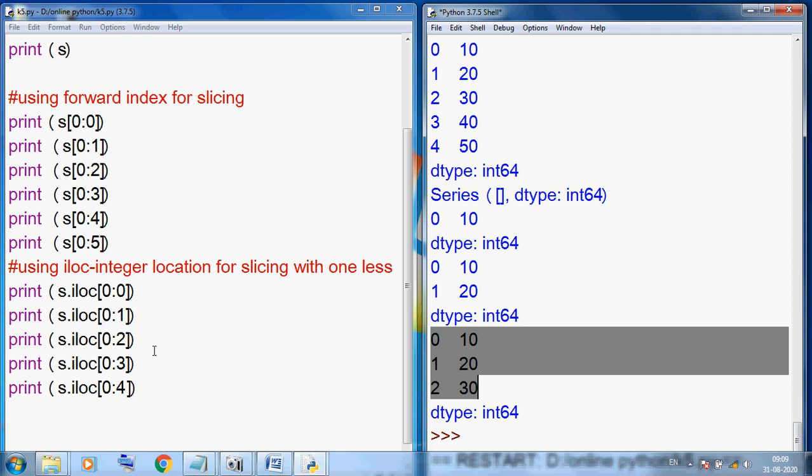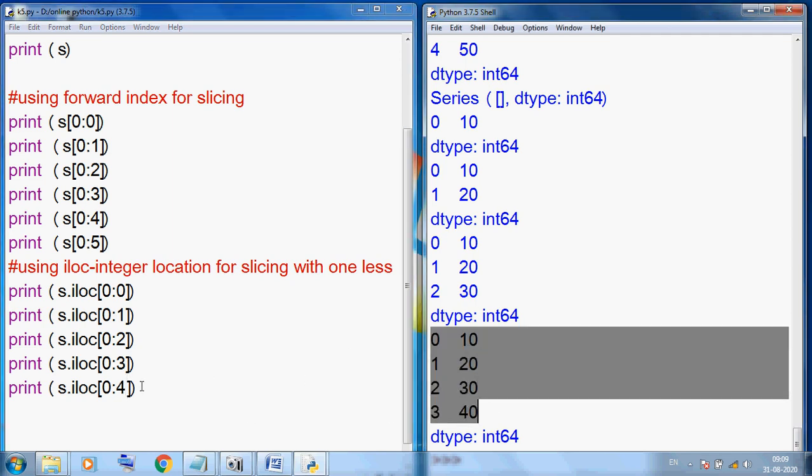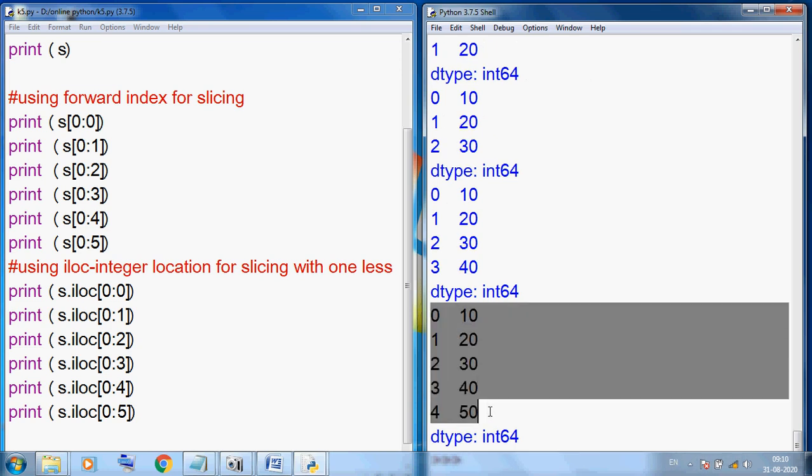So we have several ways to access multiple values. You can see start from 0 and one less index: 0, 1, 2, 3, 4. Now next I am using 5. You can see output 0 to 4 because only one less. This is our output.